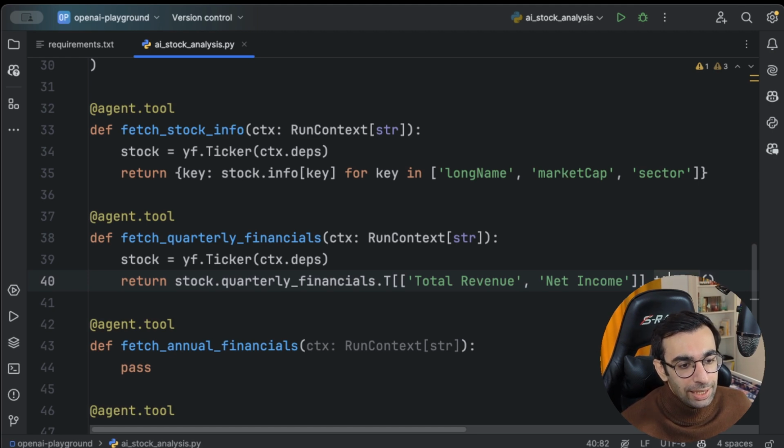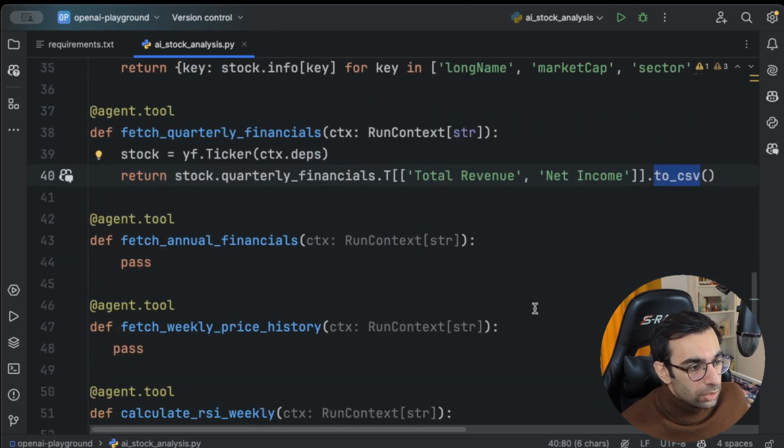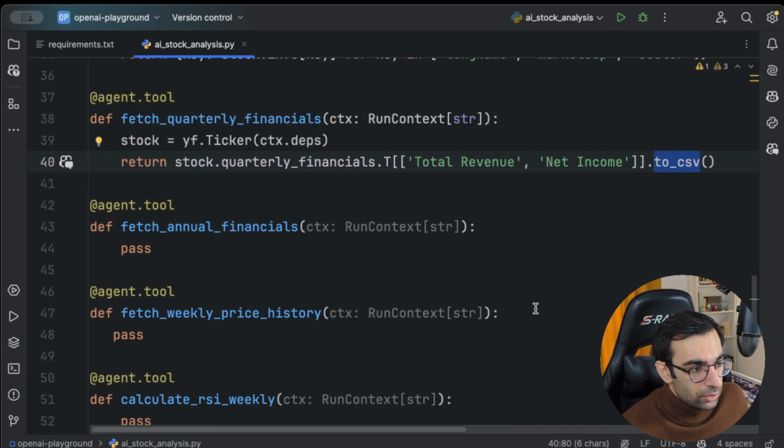And notice that at the end, since it's a data frame, I'm gonna call the toCSV method. So we are converting it to a string that is comma separated, and it's good enough for the LLM to understand it. For the annual financials, which is the annual reports of the company for the last 4 years, I guess,